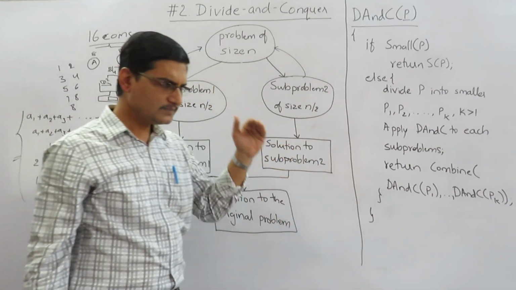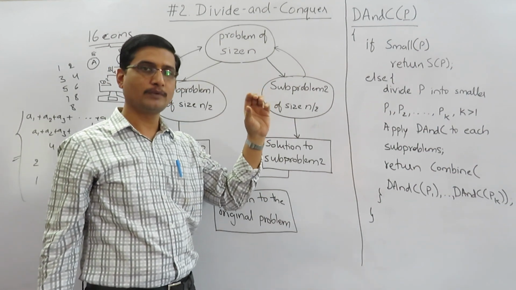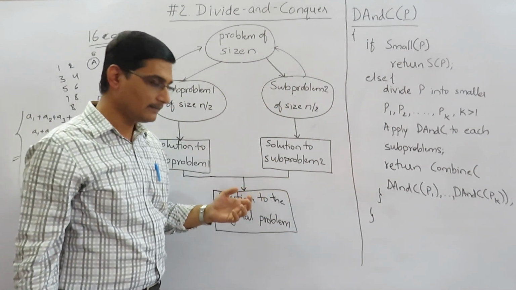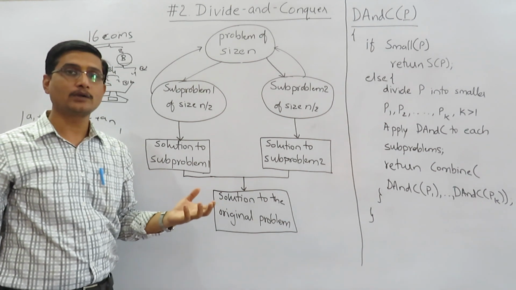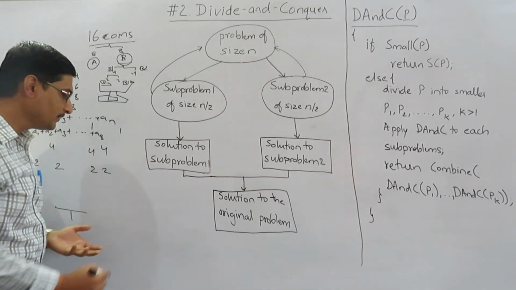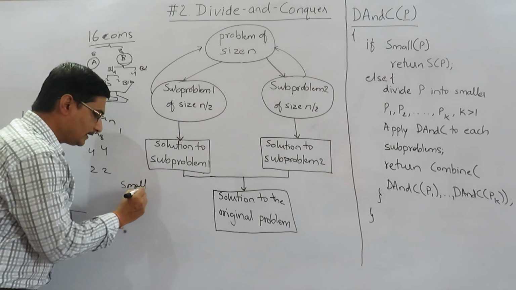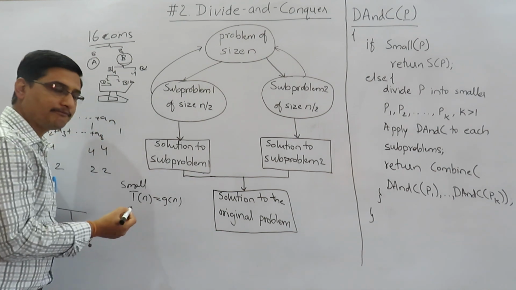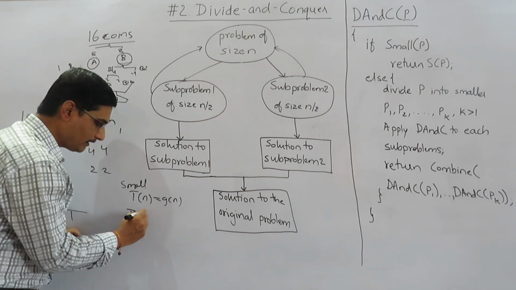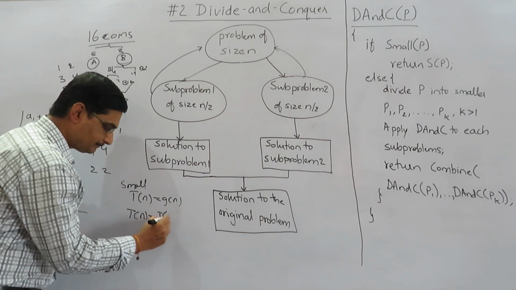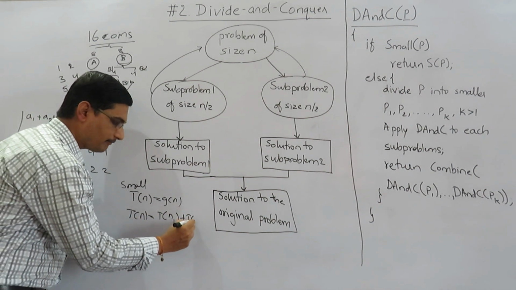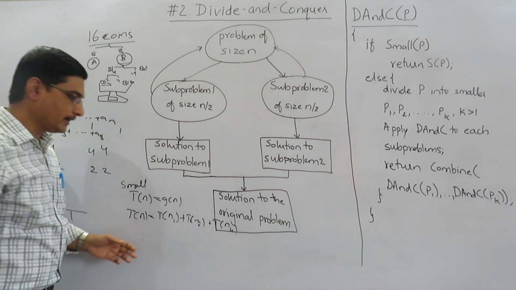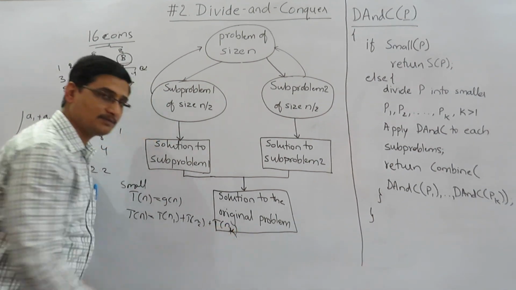Most of the time, the method we apply to the original problem will be applied to the smaller problem also, and we are applying it recursively. Then we are going to calculate the time complexity, or time consumed, by this algorithm. If the problem is small enough, the total time taken, T of n, is equal to g of n. If the problem is not small enough, then T of n will be equal to T of n1 plus T of n2, so on up to T of nk, where k is the number of smaller instances.